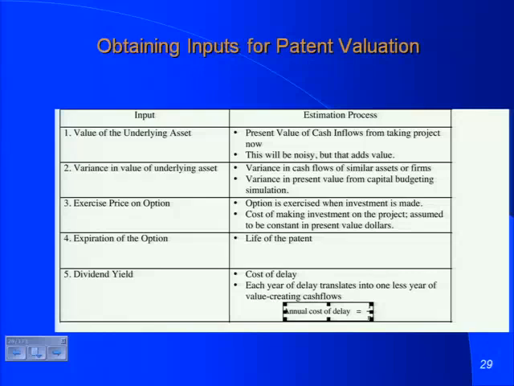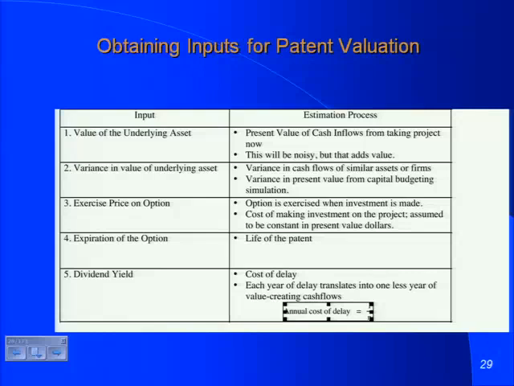This is like doing traditional capital budgeting, right? You're going to sit there, project out the revenues, project out the expenses, project out the cash flows, take a present value. This is not option pricing. This is traditional present value of the cash flows. That's going to become the value of the underlying asset. So that's it, based on what you know today. I'm not asking you to do the unknowable. Given what you know about the market and the product today, what is the present value of the cash flows?